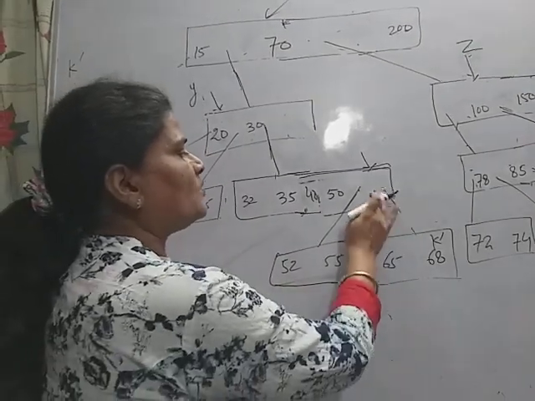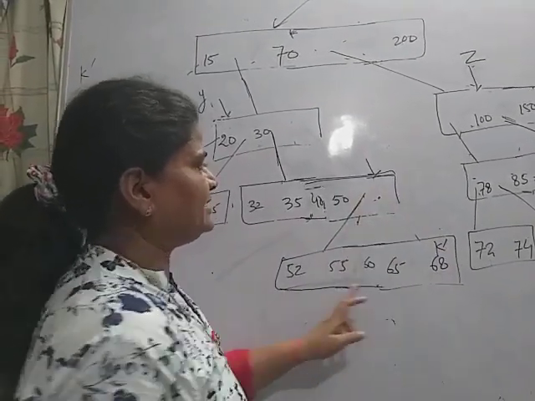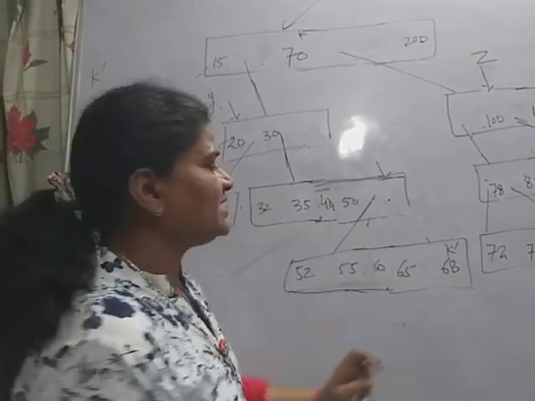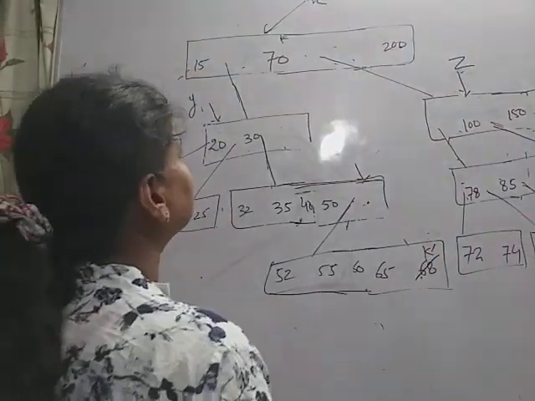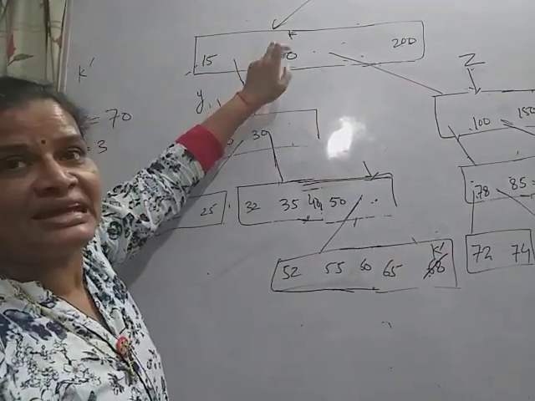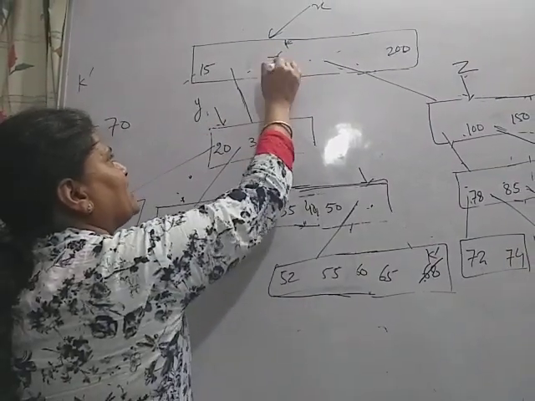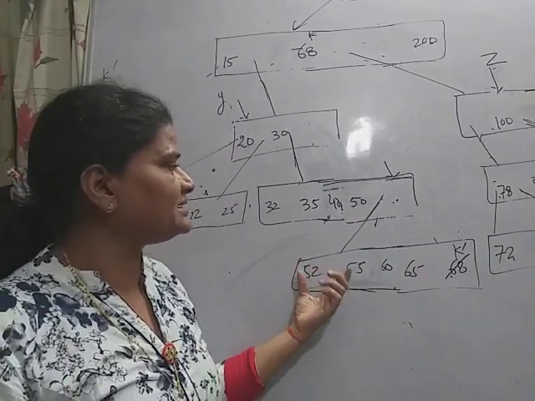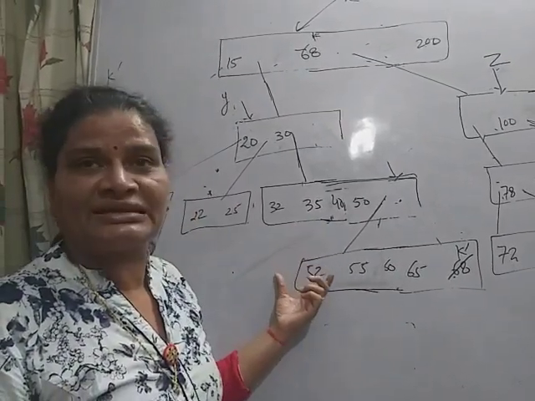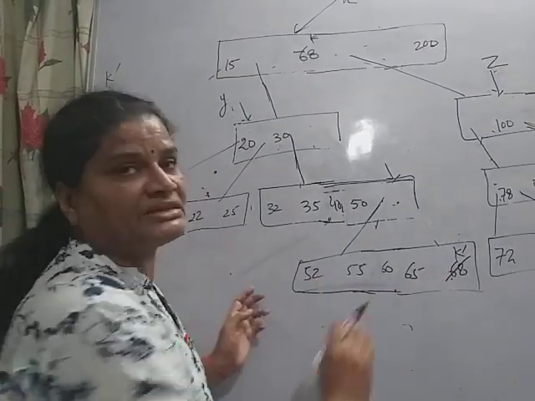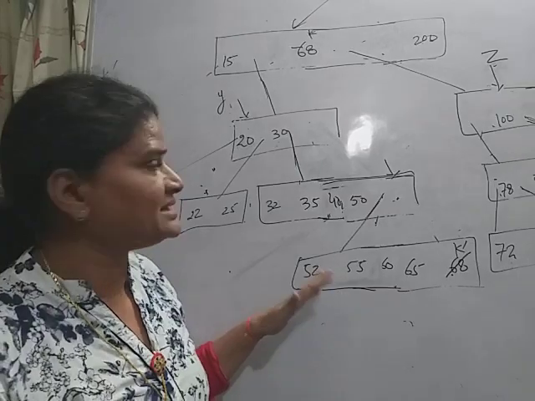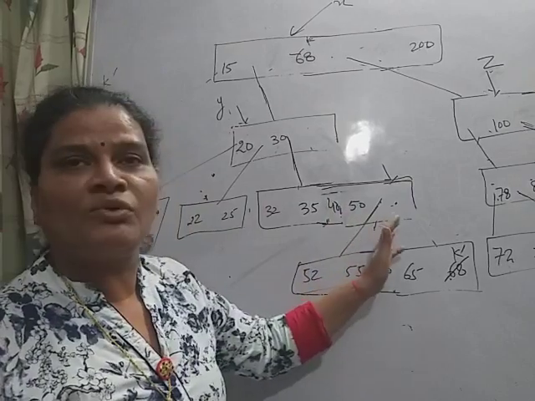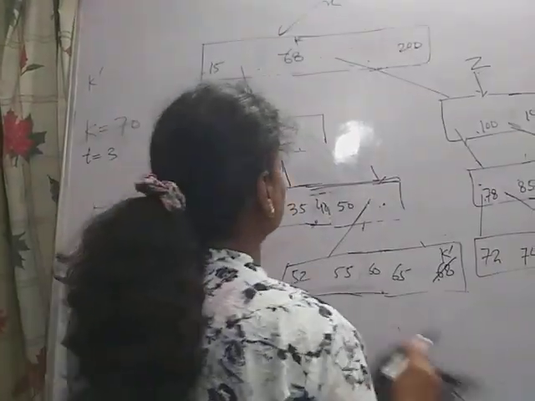Now this is the leaf node, so we remove k dash, 68, from this leaf node and replace k in x by k dash, 68. And suppose this node already contains 2t minus 1 keys, and when you merge these two, it will automatically increase. Then we can do the rotation, where one key moves up and down.